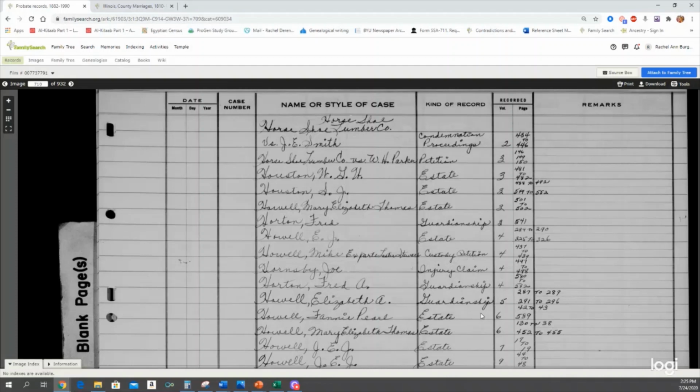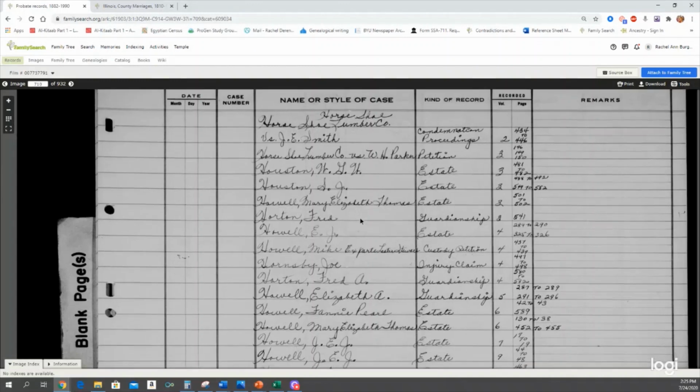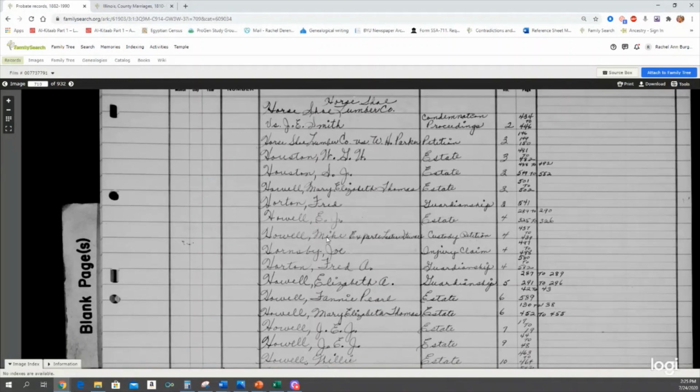To probate an estate didn't necessarily happen within the year. It could take decades to probate, and that would also just depend on when the family chose to probate the estate. It could be costly. And I know for a fact from the pension that this family wasn't well off. And so it could be decades after Nancy's death or J.E.J. Howell's death that we even see a probate record, if we see one. But for our purposes today, we're just going to pull one record to show you what it looks like.